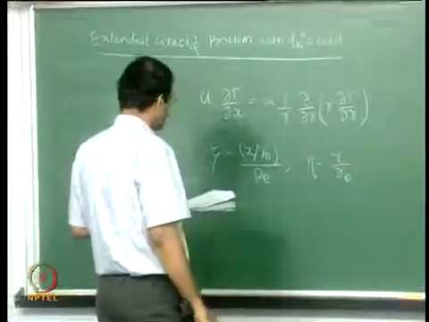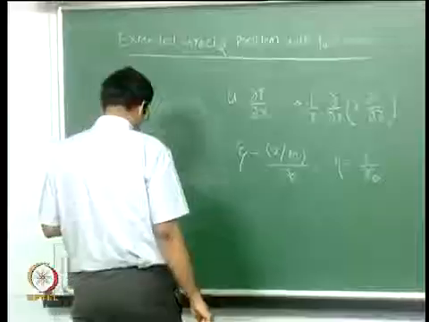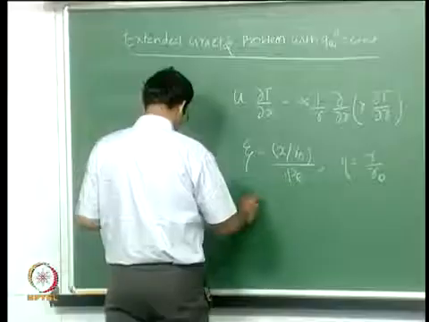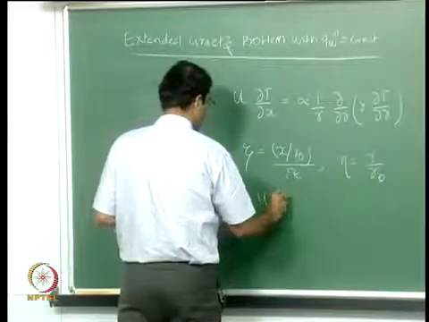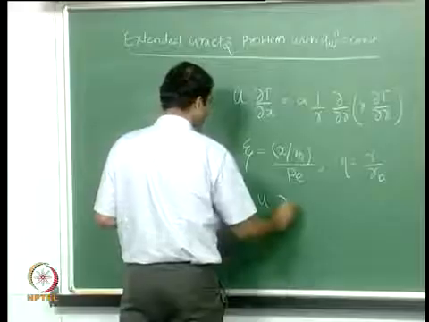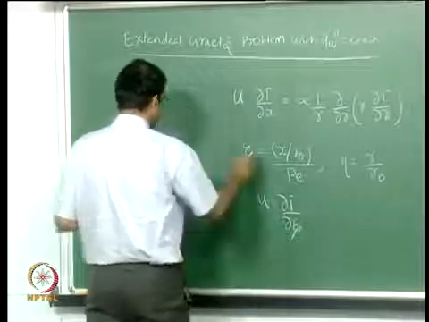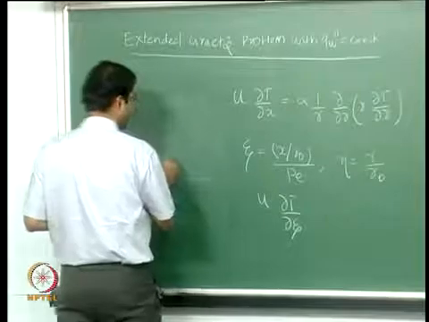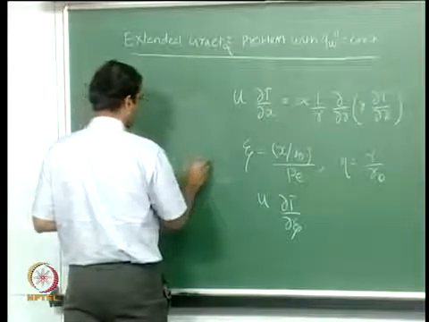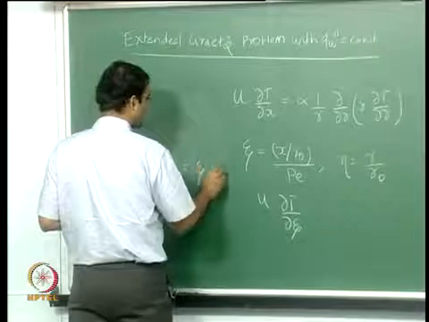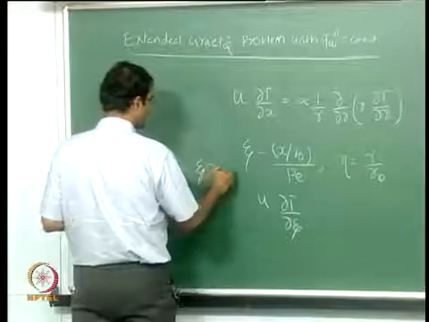So if you substitute this into the energy equation, you get u dT/d zeta. From here you can write your x as zeta into r naught into the Peclet